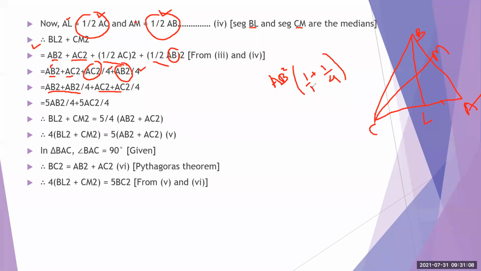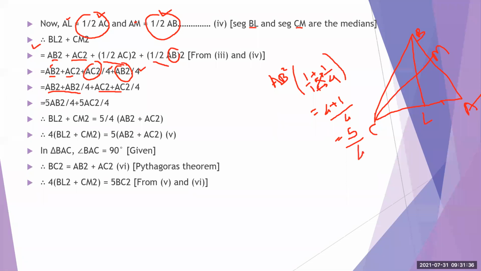There is nothing here, so it is upon 1. So this 4 gets multiplied to this side, this 1 gets multiplied to this side, and the denominators both get multiplied to each other. So here 1 into 1 upon 4 plus 1 into 1 upon 1 into 4. So what we get is equal to 5 divided by 4. Yes students, so this is equal to 5 upon 4.